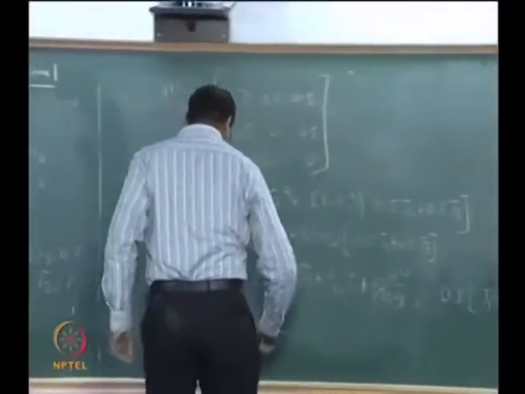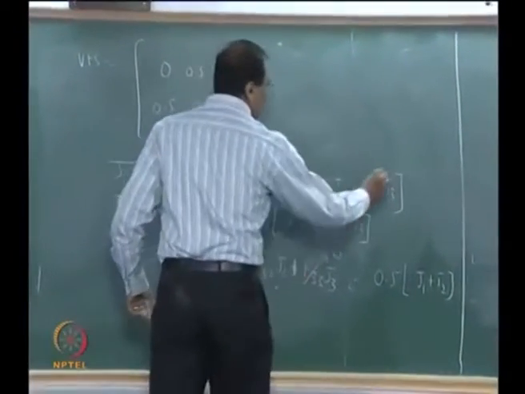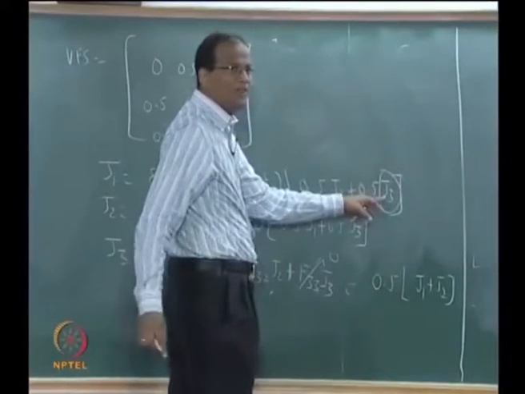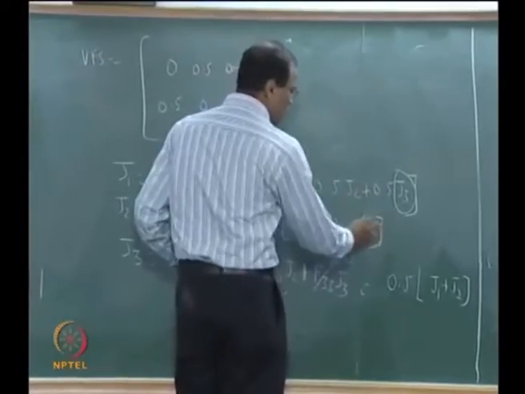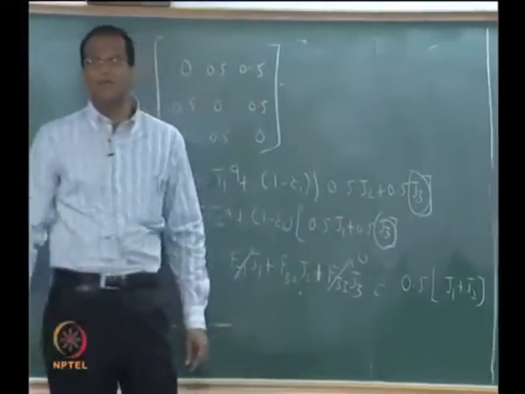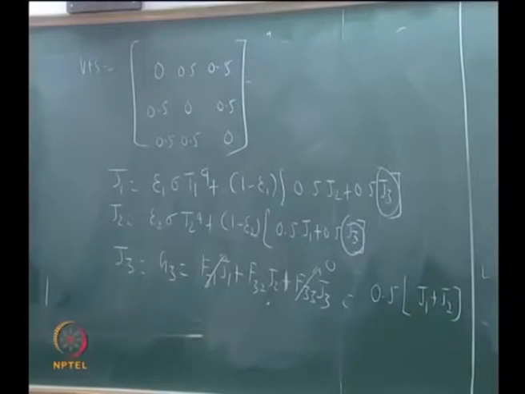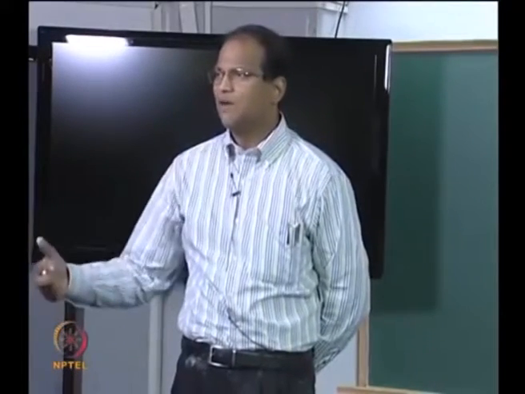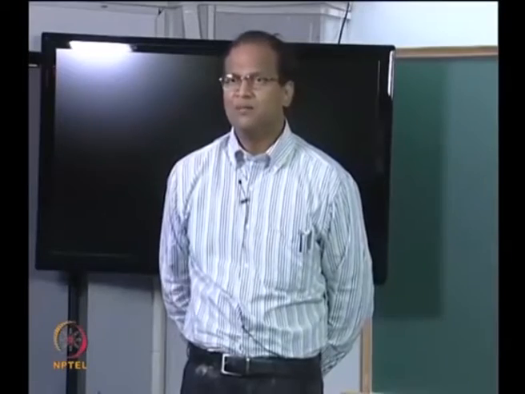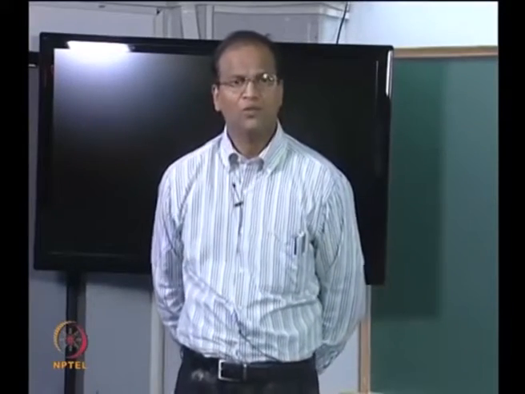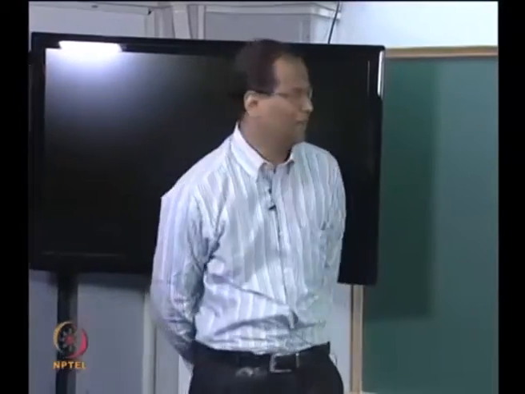It becomes straightforward now, you can substitute the values. Wherever J3 is there you will substitute 0.5 J1 plus 0.5 J2, so these two equations just become equations in J1 and J2. J3 can be straight away eliminated. Solve for J1 and J2, get Q1, because once you have J1 and J2 you can write J3, and then J3 divided by sigma, whole to the power of 0.25, will give you T3. Can you do that? We will have another 8 minutes.